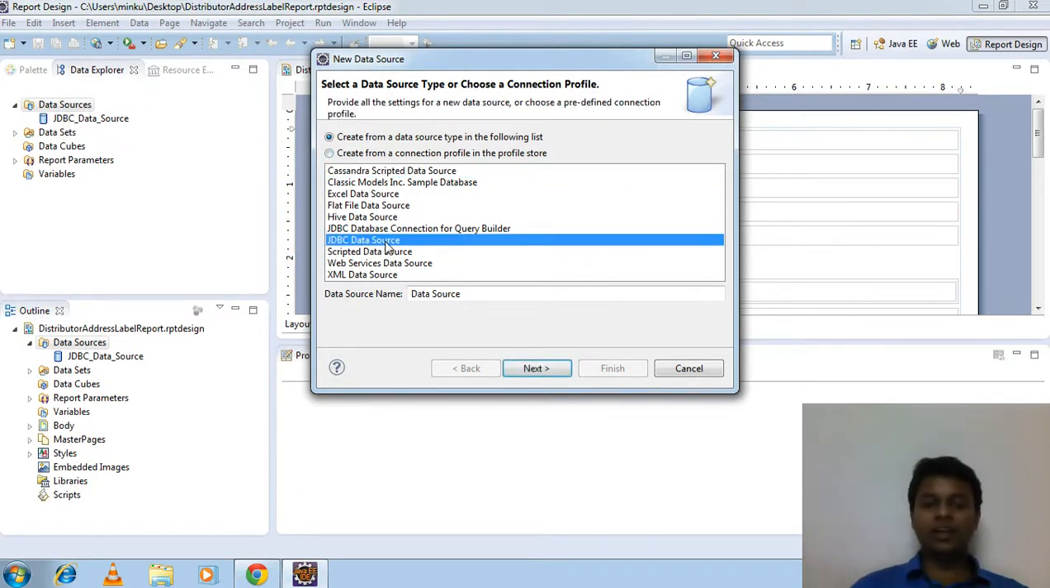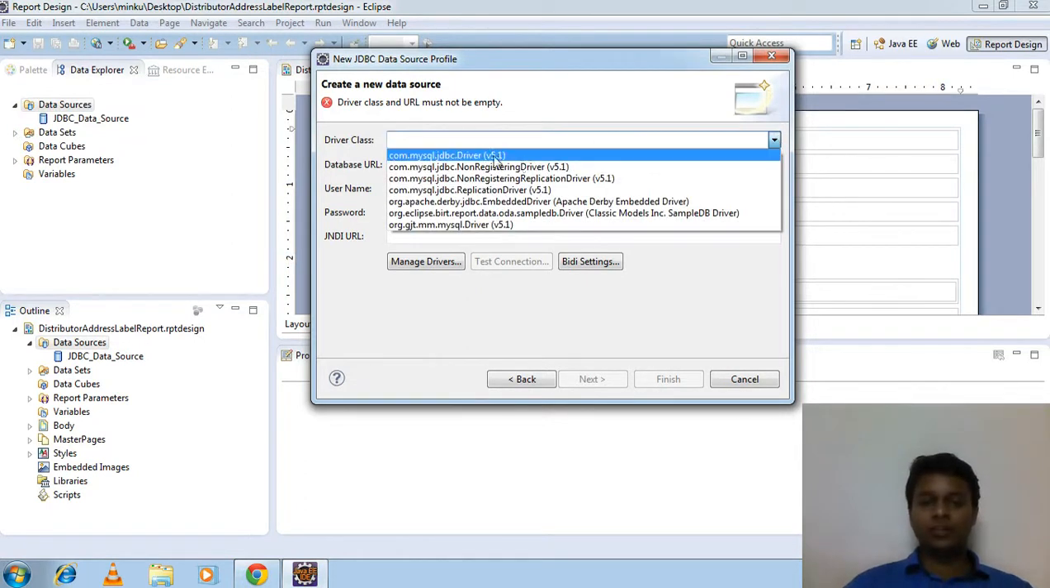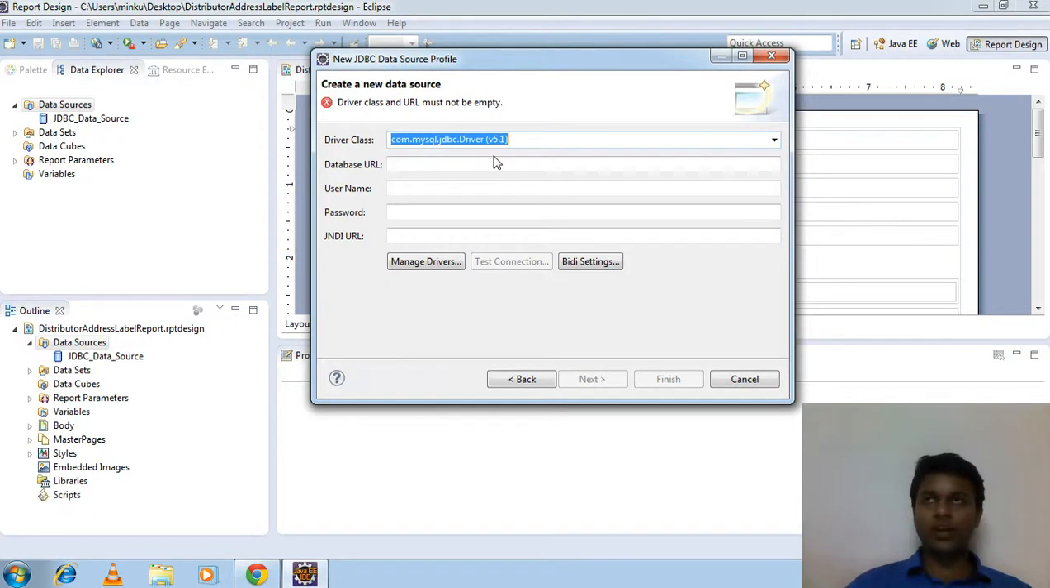Choose JDBC data source and then give a name like JDBC new data source. So this is how we can create a data source. We need to mention here the driver class, which is com.mysql. I already told you we need to add a driver .jar file, so we can get a driver class. Database URL, which is jdbc mysql,